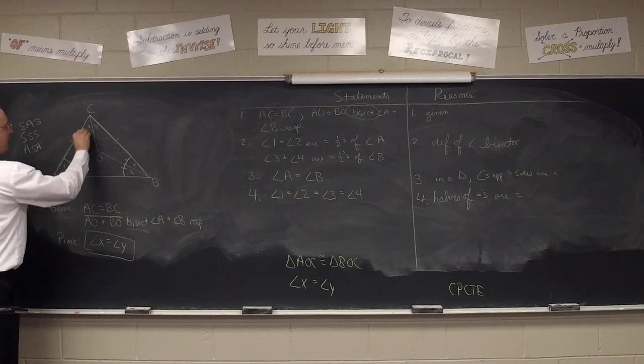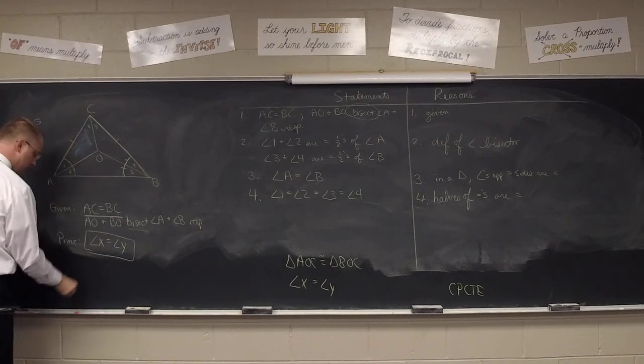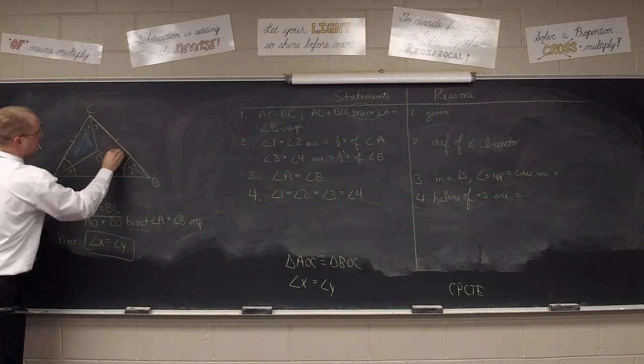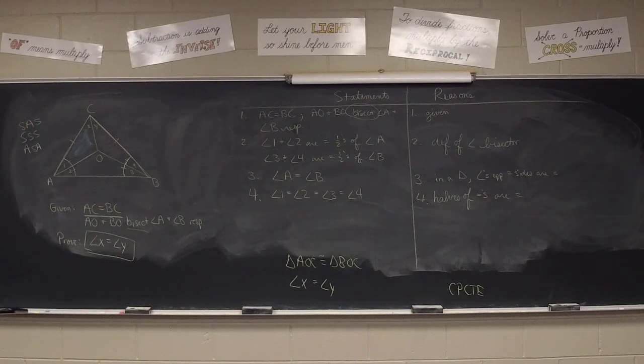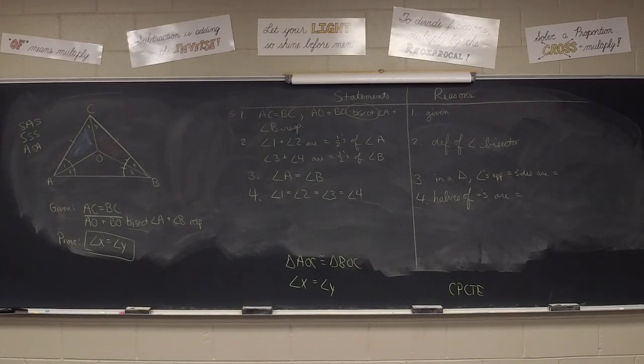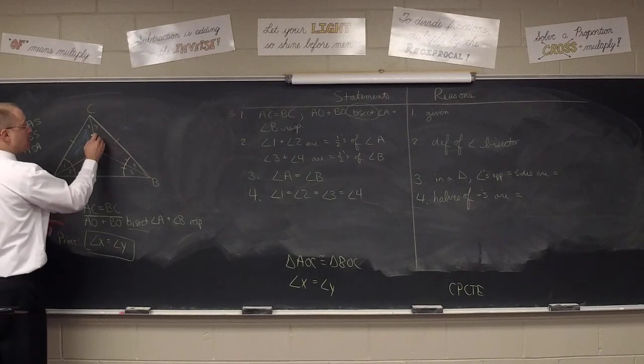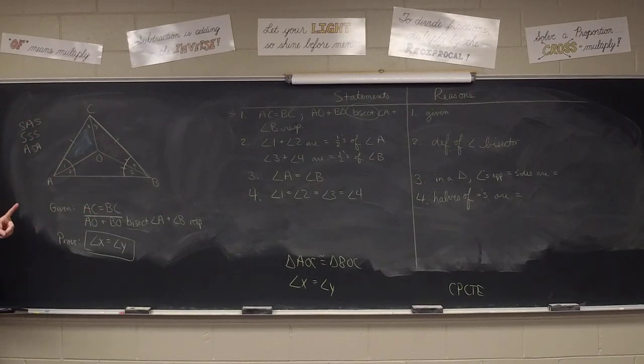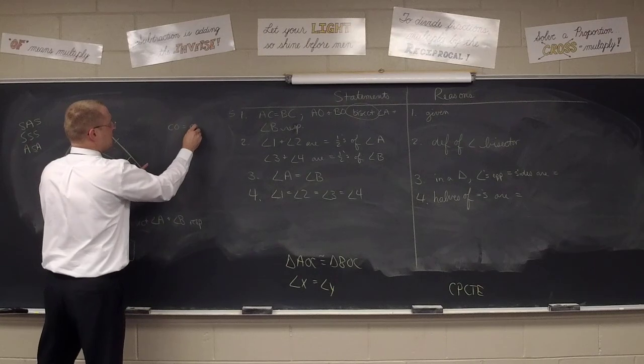Again, the two triangles I'm looking at are this guy here and this guy here. What sides do I already have equal? AC and BC. Right here in the given, there's a pair of sides that I already have equal. All right, do I have any other sides already equal to each other? Noah? Okay, CO and CO could be equal to itself. So we could state CO equals CO,